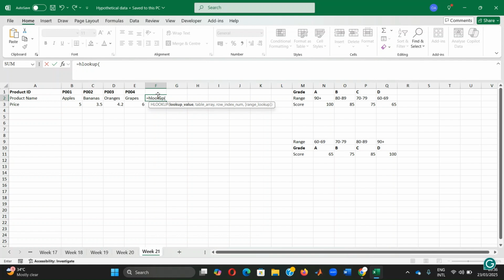So let us say that we want to find the price for product ID P003. The formula will be for us to call the HLOOKUP function, which will be equal to HLOOKUP. We open our brackets and in inverted commas, we write P003,